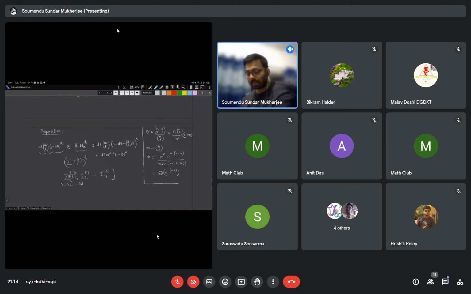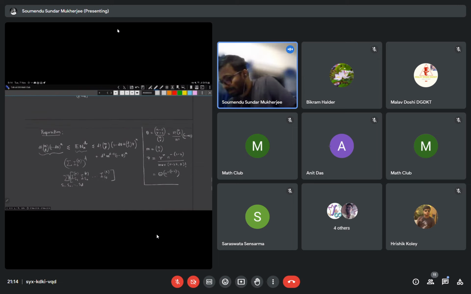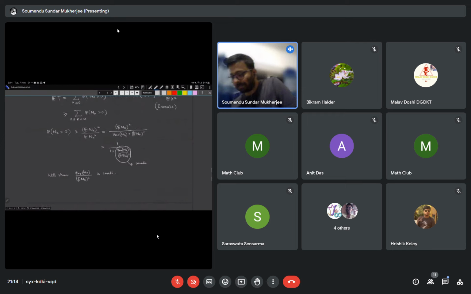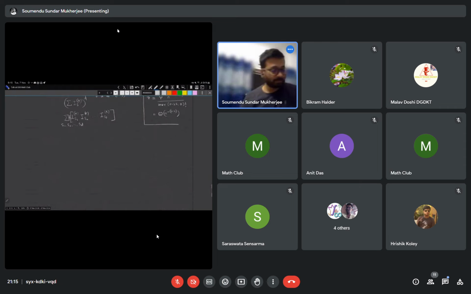And of course, there may be repetitions here. So S1 may be equal to S2. So you have to take care of all those numbers. But if you handle the terms carefully, you get this sort of an asymptote. So okay, I'll just be content with that, and let's try to finish the proof of this lower bound using that. So using this result,